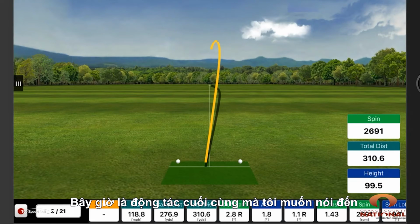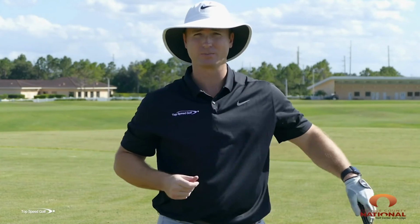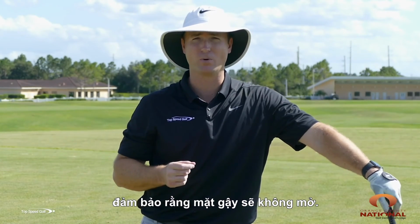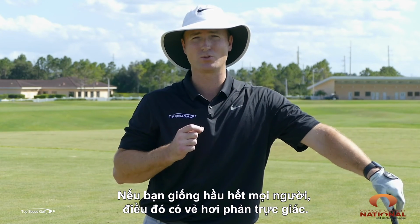All right, now that last move I talked about was the wrist move, squaring up that face, making sure the face isn't open. If you're like most people, that seems a little counterintuitive, but I actually have a really cool trick for that,